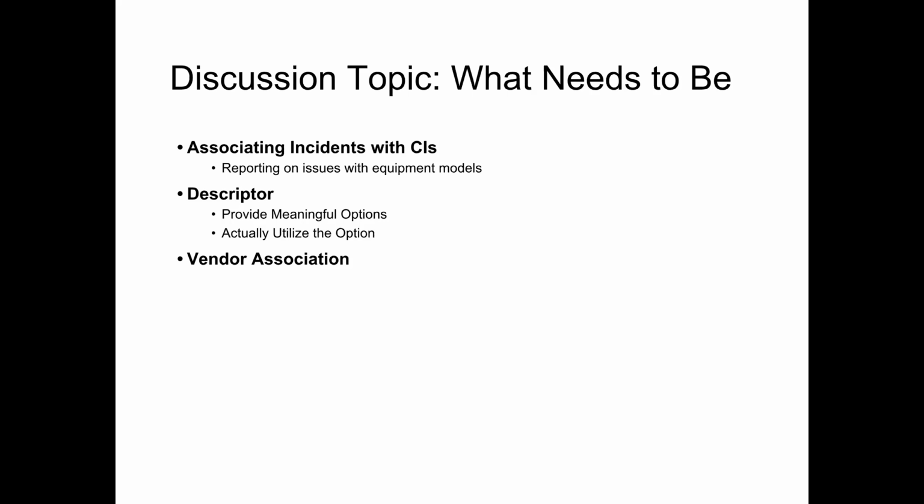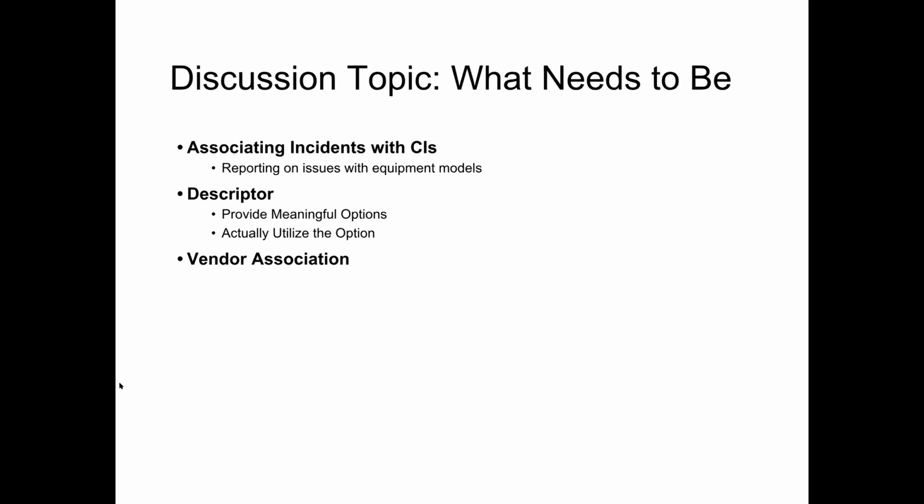The other thing that we really like is that when we start associating the CI with the incident down the line, what we're looking for is maybe we need to speak with our vendors about the equipment. If we're noticing that various models are having an issue, maybe we need to go speak with whoever the vendor is for that model about what we're receiving, and that gives us a little bit more power when we're talking to them, saying, we've had these trends, we'd like to get away from that. What can we do? What are some options that might be available to us? So you can also get a little more negotiation power with your vendor.